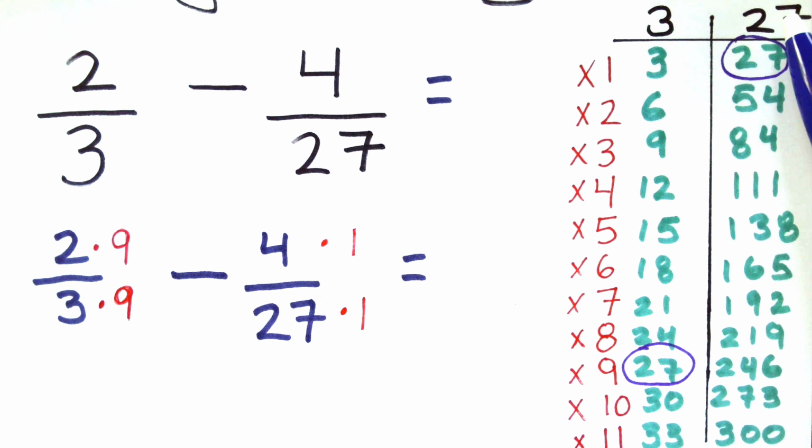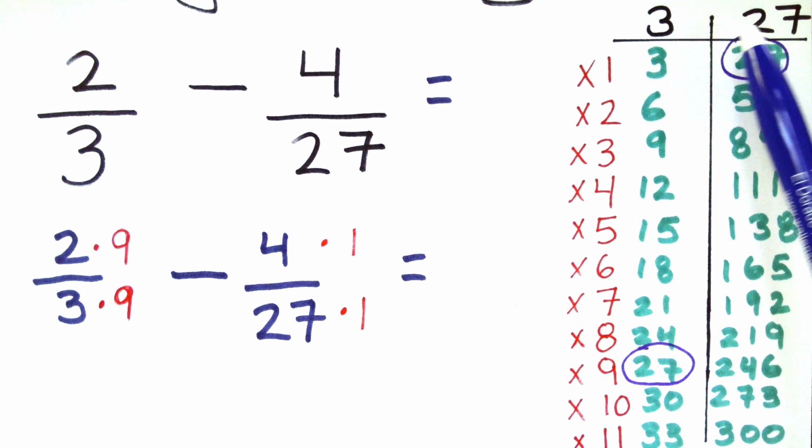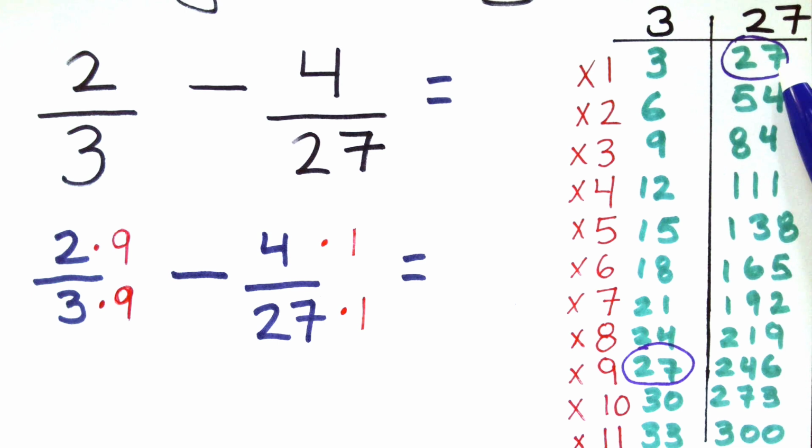If we look up here at 27, pretty quickly you can see 27 times 1 is 27. So the common denominator here is 27. But real quickly, I'd like to show you, and this is how I did this. I don't have 27s memorized. 27 times 1 is 27. Now 27 times 2 is 27 plus 27, which is 54. 27 times 3 is 54 plus another 27, which gives you